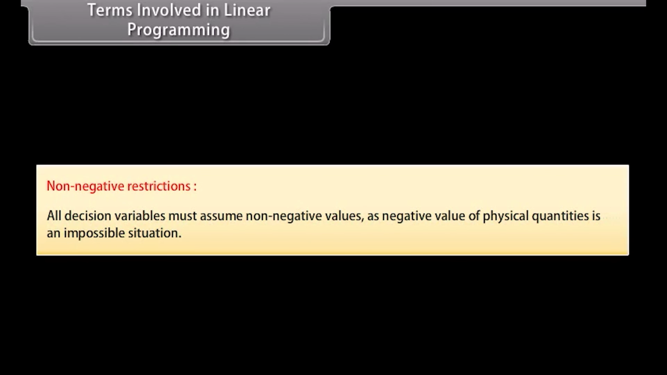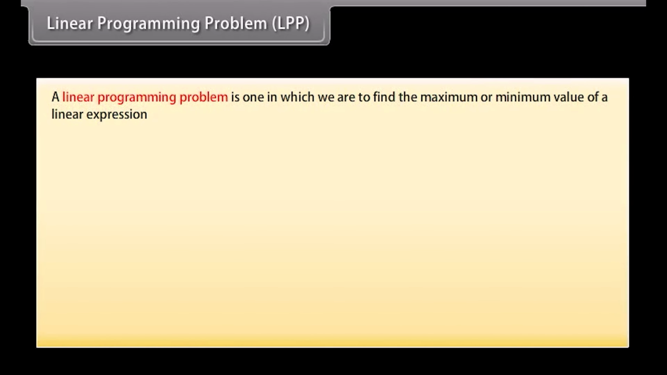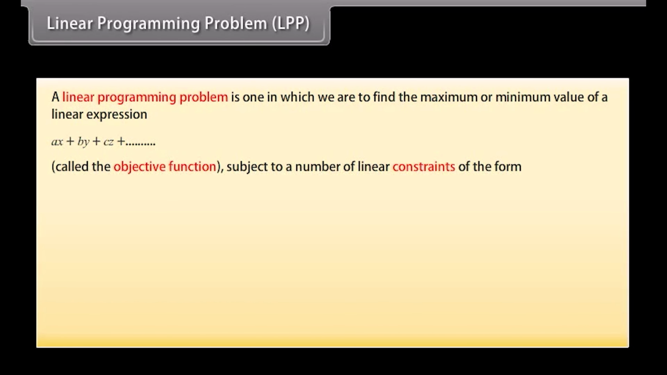Non-negative restrictions. All decision variables must assume non-negative values, as negative value of physical quantities is an impossible situation. Linear programming problem, LPP. A linear programming problem is one in which we are to find the maximum or minimum value of a linear expression, ax plus by plus cz plus and so on, called the objective function, subject to